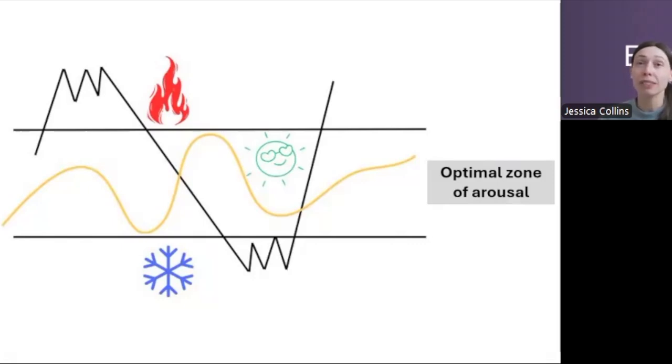When a person goes outside of their window of tolerance, they will either tip into hyperarousal, and this is essentially a person's fight or flight response. The person might feel overwhelmed by their emotions and begin to feel really difficult emotions like being highly anxious, angry and rage type emotions, really panicky or highly distressed in some way. Often these emotions can feel quite hot emotions, which is why this is depicted as a fire in the diagram on screen.